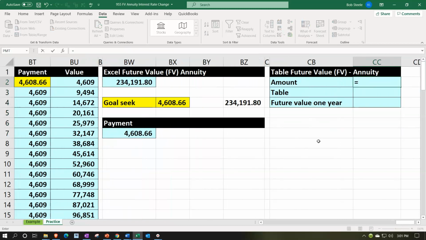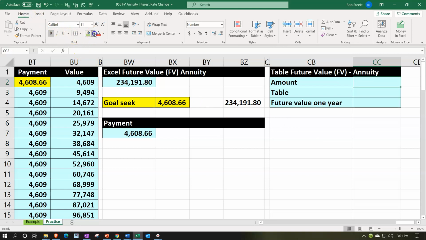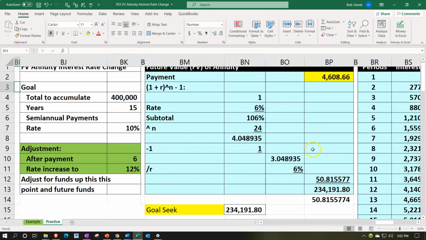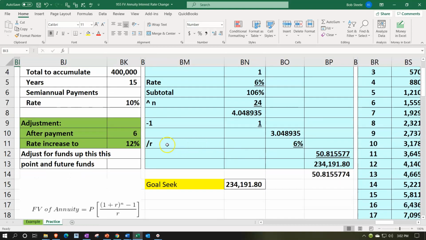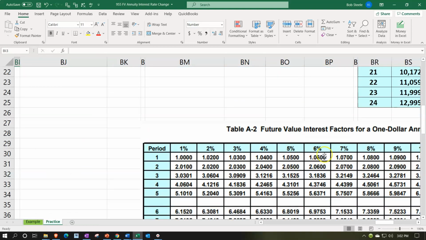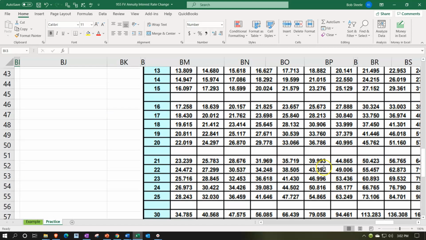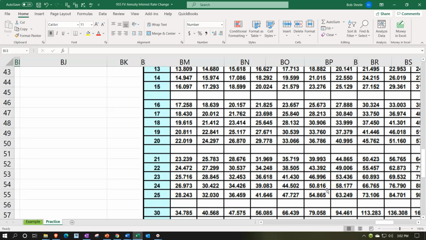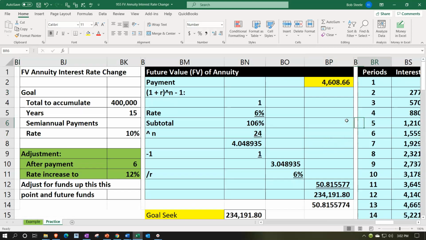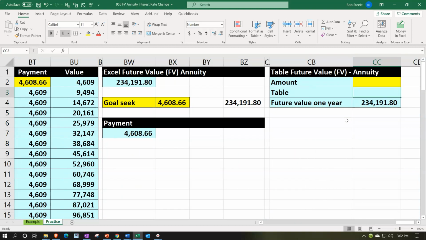The amount that we're going to have here that's the unknown, so we can say this is what we don't know. I'll make it yellow, and we know the end result, which needs to be that, and so we'll then use the tables. I can go on over here and say, all right, tables. And we know it needs to be 6% and 24 periods. So we're looking 6%, 24, 50.816. And then we could back into the amount by taking the total divided by the 50.816, gives us about